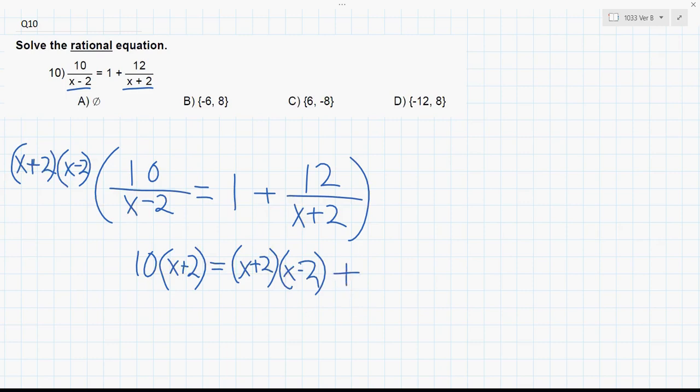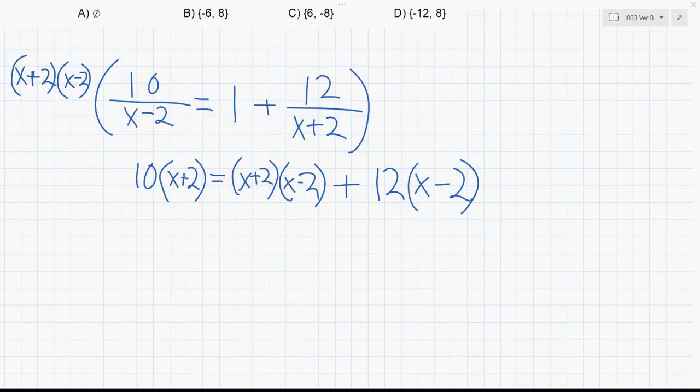And then we're going to say plus, and we look at the 12 value and we evaluate and say x plus 2 is on the bottom part of it. So we won't show that, but we'll say it's going to be 12 times x minus 2 because that's the other one. Next, we're going to distribute these, which gives us 10x plus 20 equals, and that's going to be a foiling, so it's going to be x squared